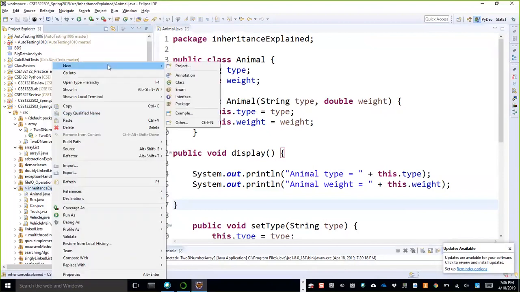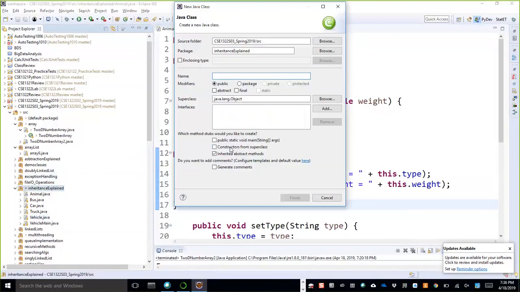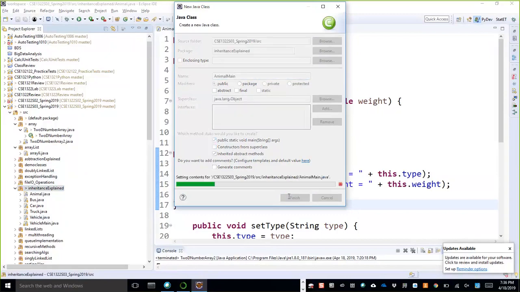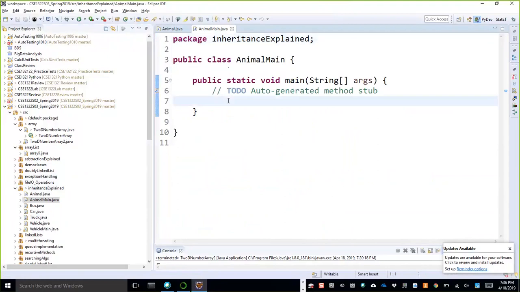Let us select this one quickly. Now, in my main method, I can create an object. Animal, for instance cow, equal to new Animal.